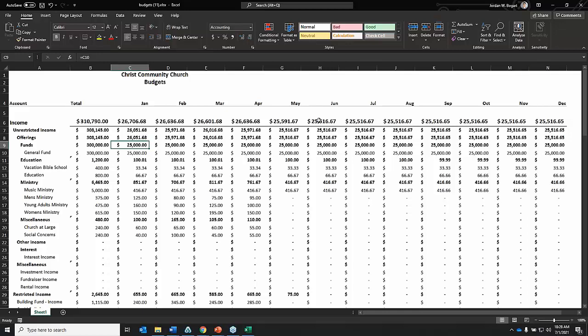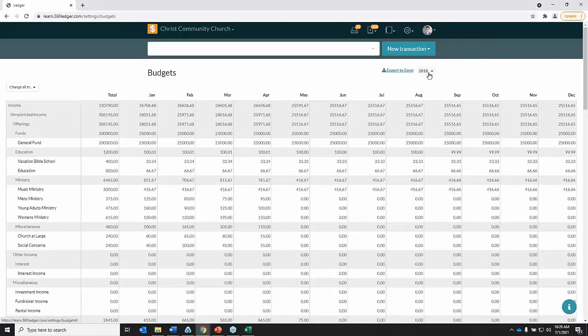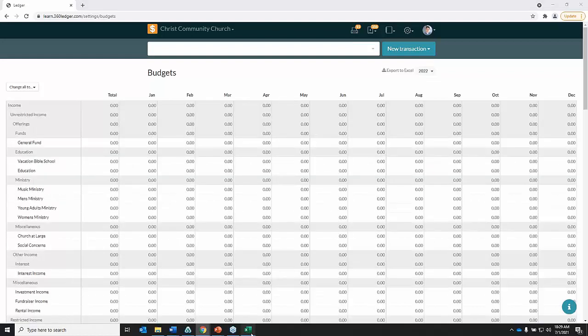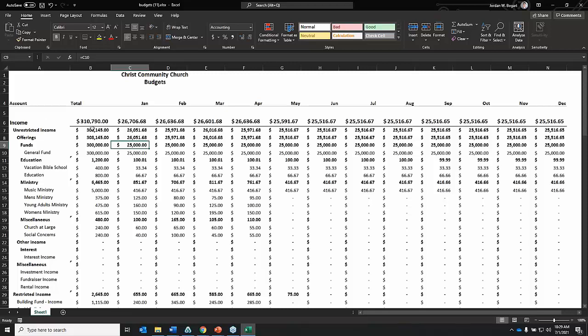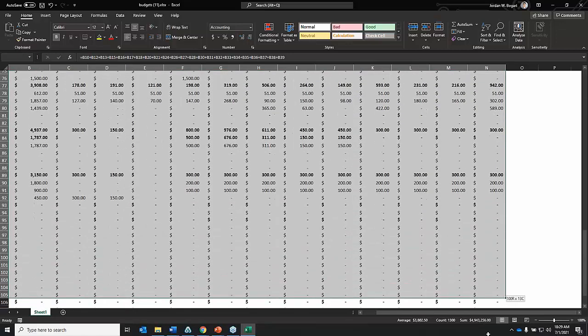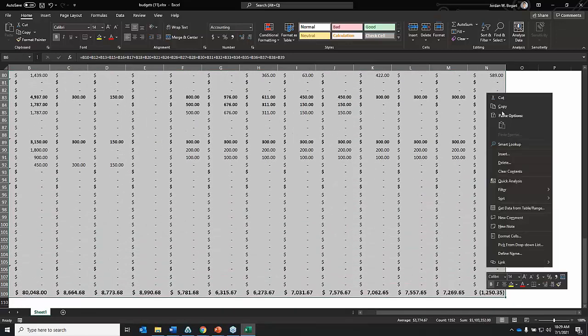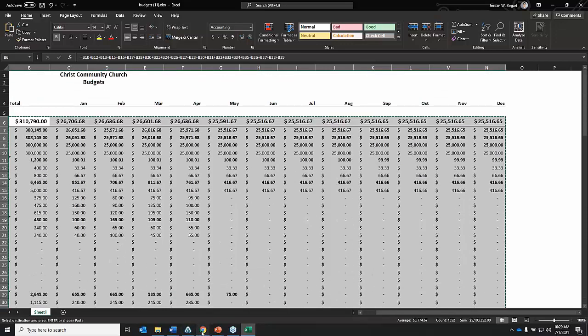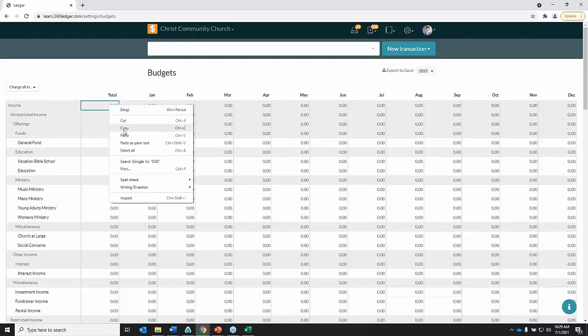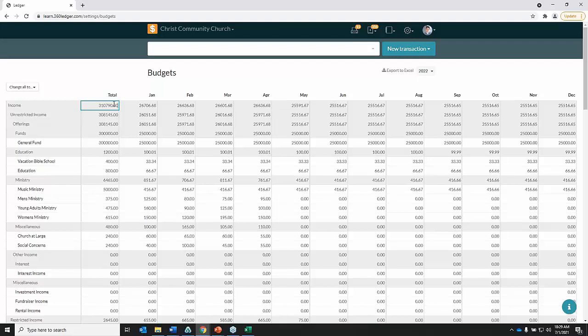Now, one really nice part about exporting this budget to Excel is, let's say you prepared your budget out in Excel and you want to just import it in to Ledger. Well, you can do that. So if I were to go over here and copy just the portion of my table that has the budget figures, okay, copying just that, then I come over to here, I can paste this in, and this is going to paste in the budget figures that I had in Excel into my budget here,